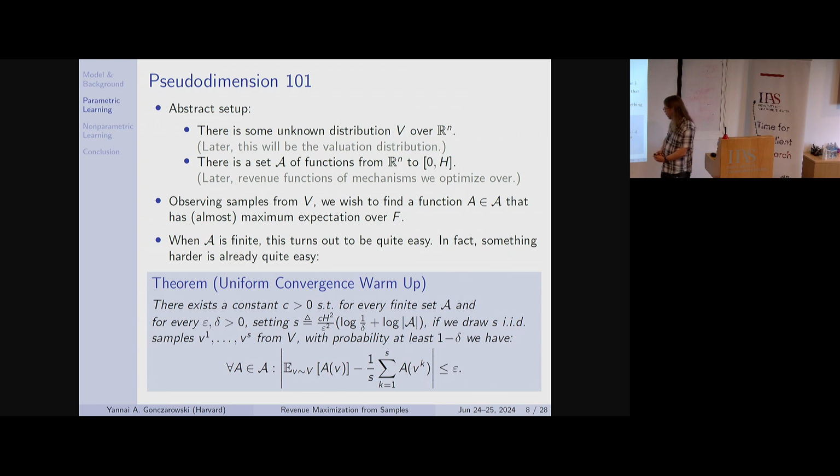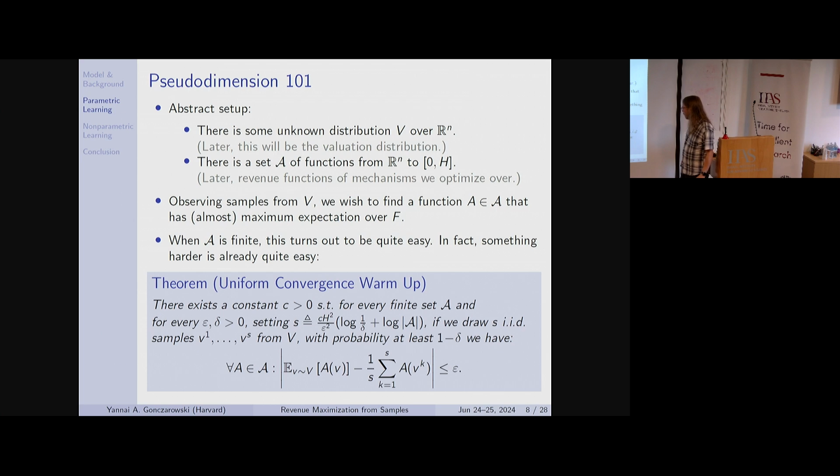So let's parse this theorem, and we're going to prove it soon. There exists a constant C such that for every finite set A of functions that we're considering, and for every epsilon and delta, if we take so many samples from V, where so many depends on H, epsilon, 1 over delta, and log of the size of A, then with probability at least 1 minus delta, for every A, for every specific function, the empirical average and the theoretical expectation are very, very